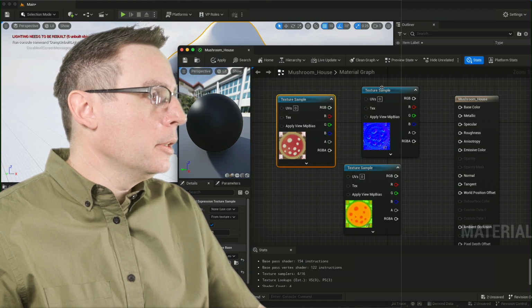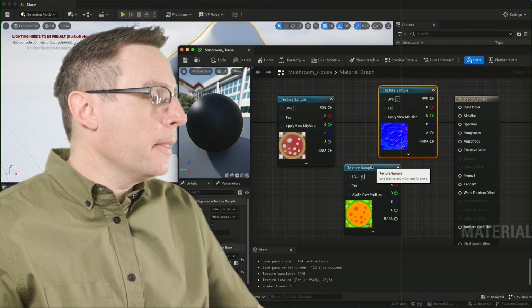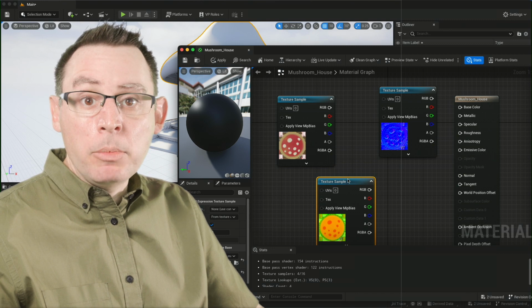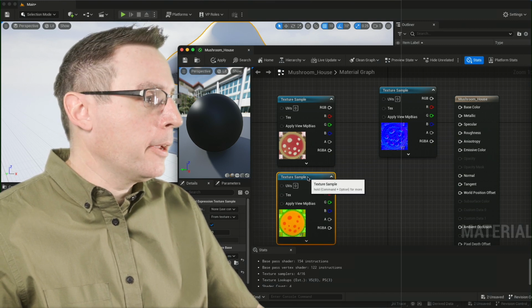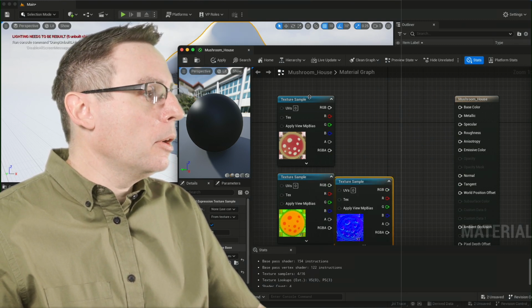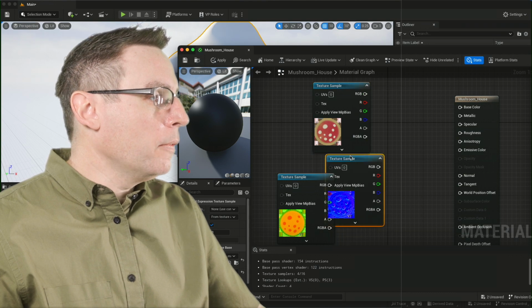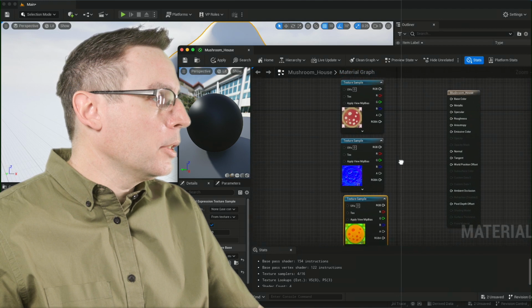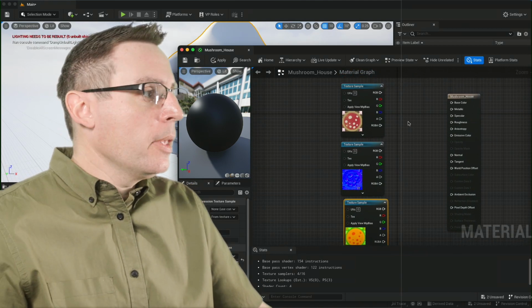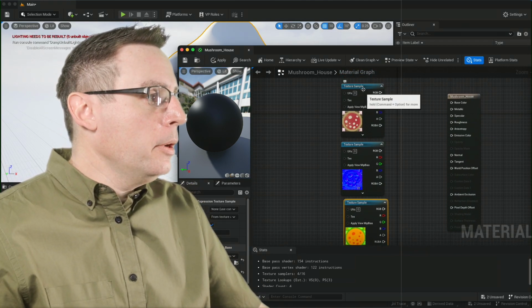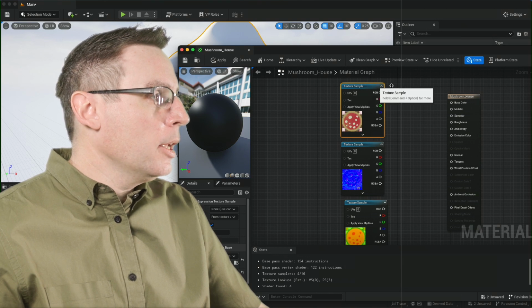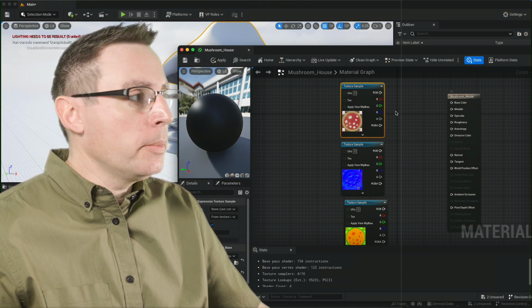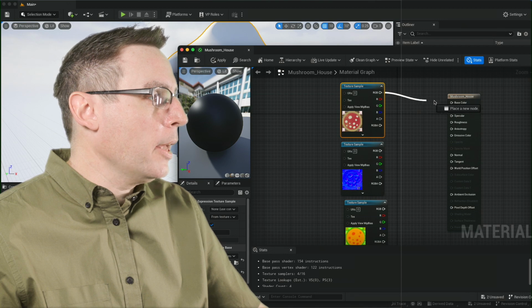So here's base color. This is normal. This is the ambient occlusion, roughness, and metallic. Okay, let's get to work here, assigning all of these to their appropriate homes. I'm going to zoom out a little bit so we can see this a little bit more directly. As one might imagine, the color output of our base color image is going to go into the base color input of the material. Let's go ahead and assign that real fast.